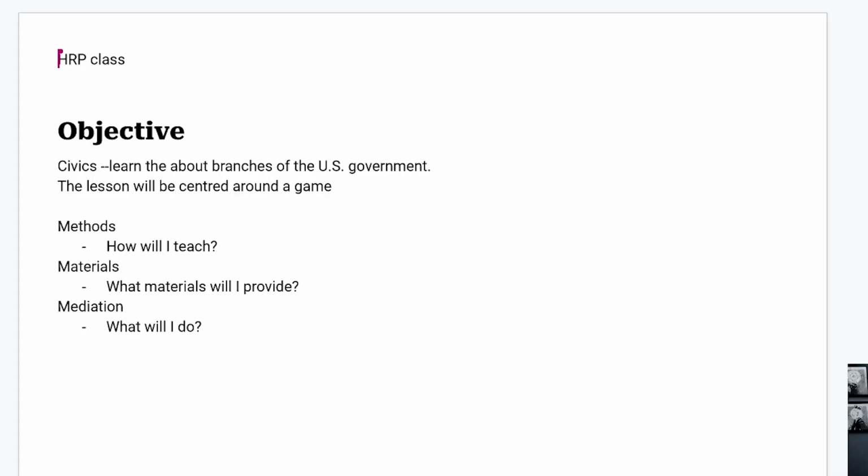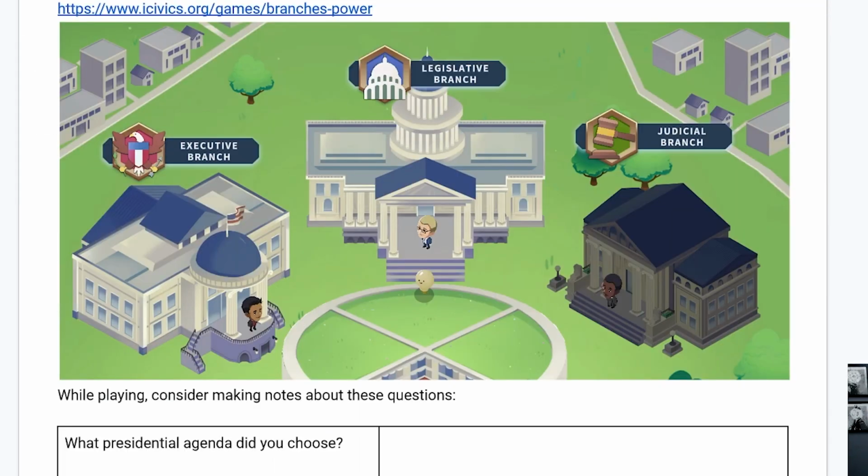Okay, so I just wrote the objectives at the top and some things to remind me of what I'm going to do, like how am I going to teach this, the materials that I'm going to use, and what will I do as a teacher. So I actually went with the pedagogy of multiliteracies approach, where it's experience, the iCivics, right? Yeah, you know, I started here. That's why I'm laughing. This is the very first thing I pulled up. Right in my wheelhouse.